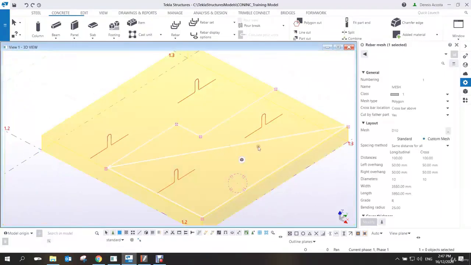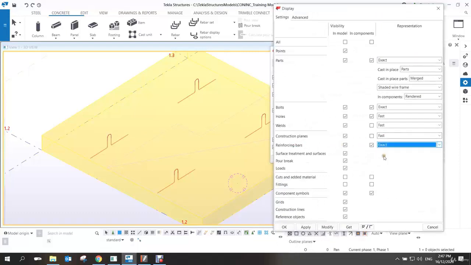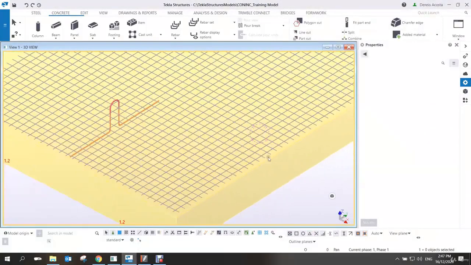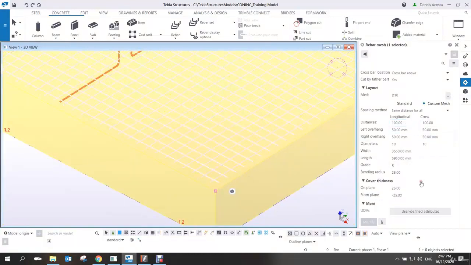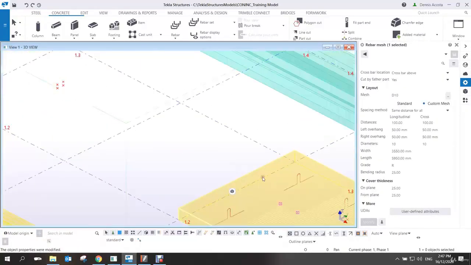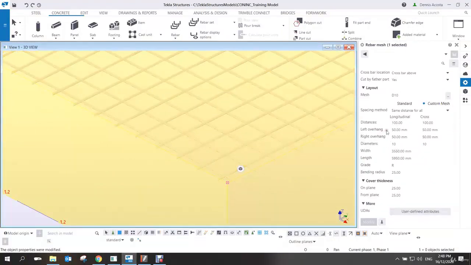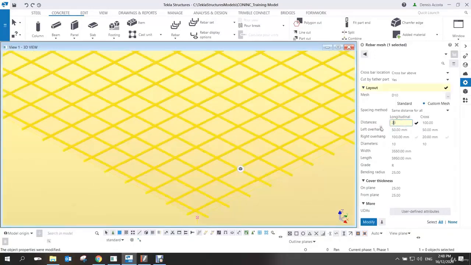As you can see, this one is an outline symbol of the mesh. If you double click on the view and then display and then put the reinforcing bar to exact, then that one will show the mesh. Okay, so here I can put this one below. If you put here 25, enter, so that one will be inside. Again, here its distance is 100 by 100. If you want to change the distance here, let's say 200 by 200, and then modify,